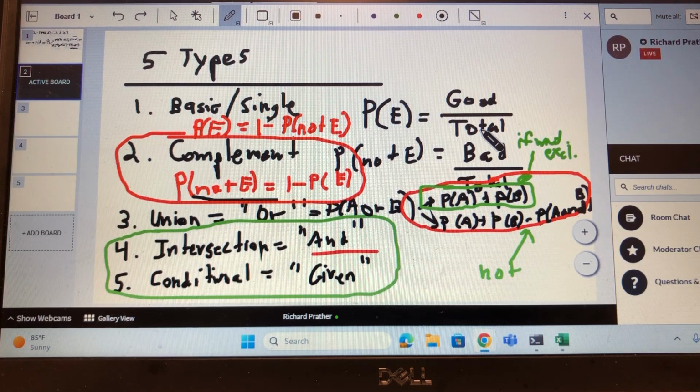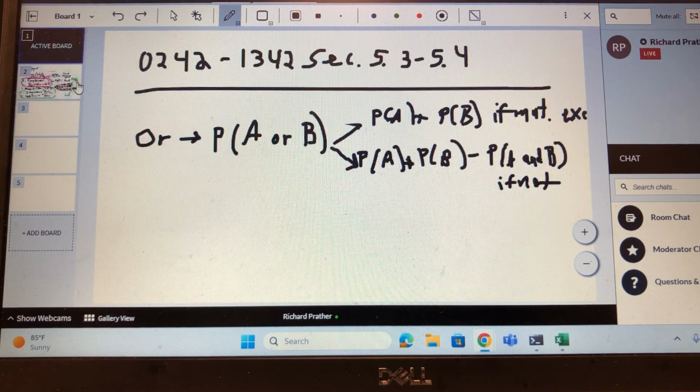But if I tell you the first event is drawing a blue and I leave it out of the bag, and then I try to draw another blue one as the second event, well, knowledge of the first event is going to change the chance of my second event. My second event now has a probability of 2 out of 9 because I left one of the blue ones out of the bag. That's what independent is about. So if you're doing AND probabilities,